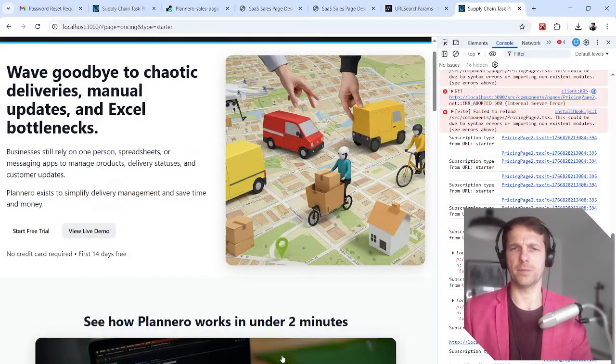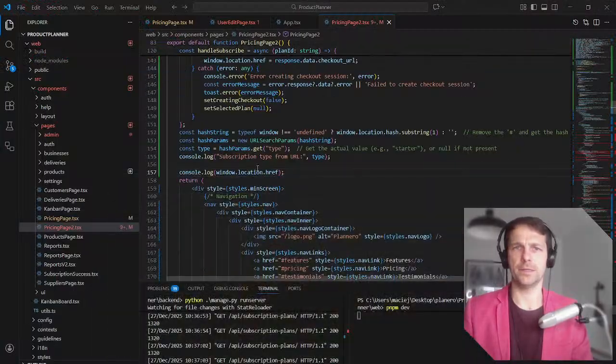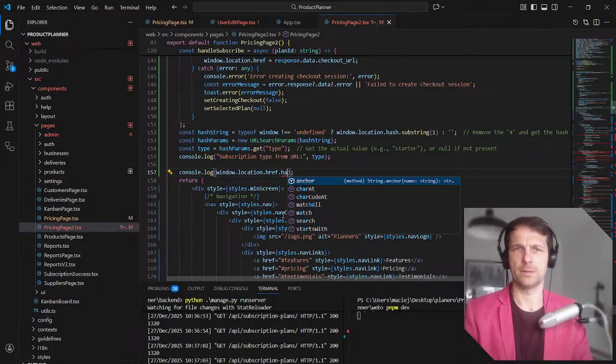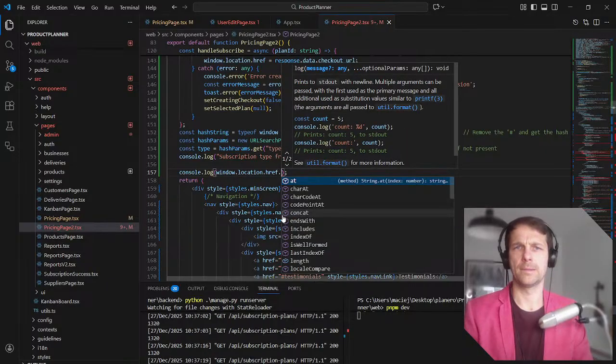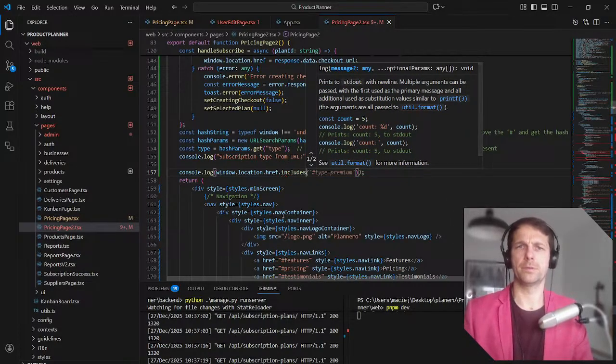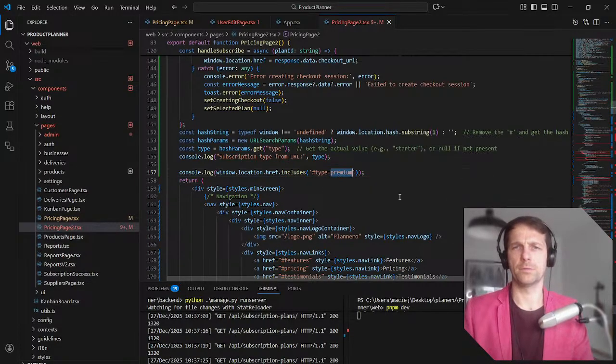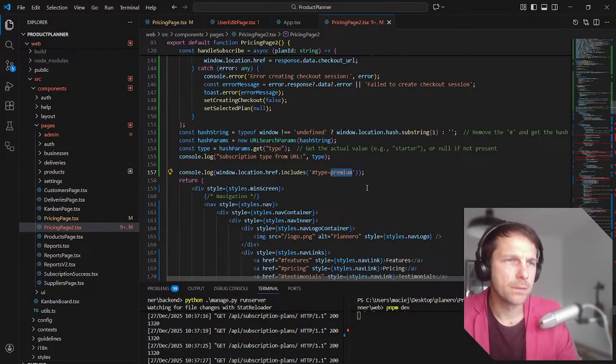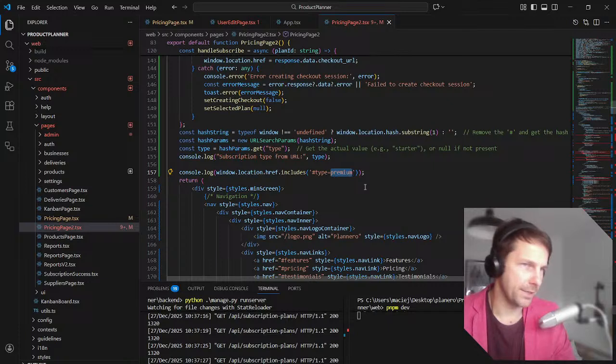So this will give me the full thing, and then I could pick the type, and I can actually see if this href includes type equals premium. Okay, so yeah, I know that's why.